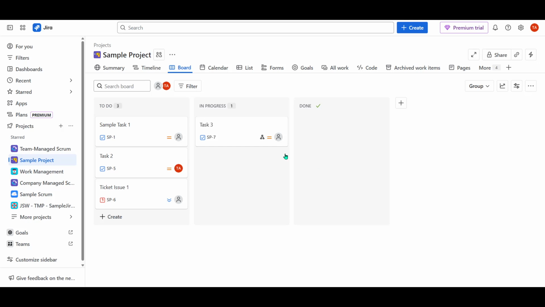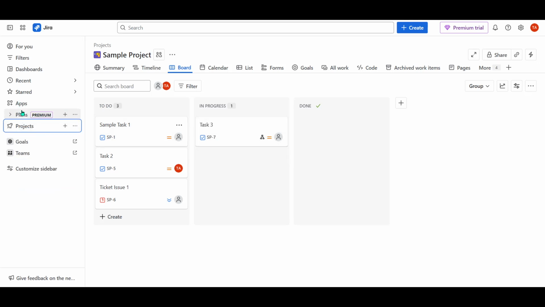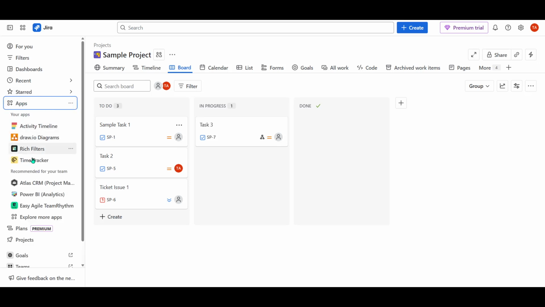First, what you'll want to do is navigate over to the Apps section. You can find this on the left panel within your Jira dashboard. By clicking on Apps, you'll open up a world of possibilities for enhancing your Jira experience. This is where you can access new tools and extensions that can make project management and collaboration smoother and more